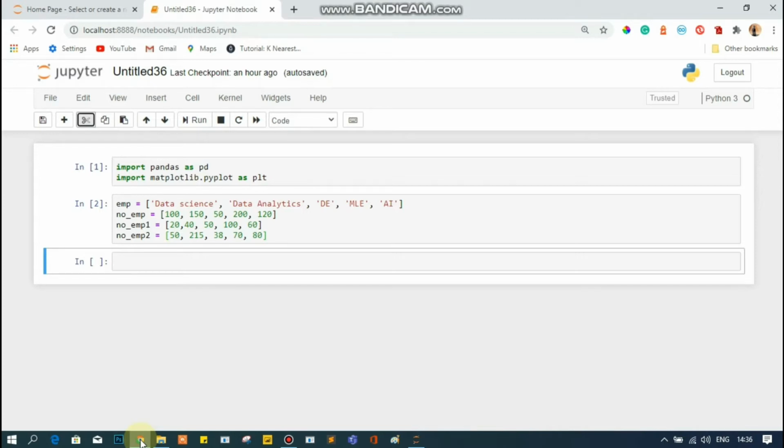So guys, in the previous video we saw creating different kinds of plots like a histogram plot, scatter plot, and a simple line plot. These kinds of plots we drew in my previous video. Today's video is about creating a bar chart, how you can create a bar chart and how you can create a stack bar chart. There are two kinds of bar chart, a simple bar chart and a stack bar chart. These two things we are going to see in today's video.